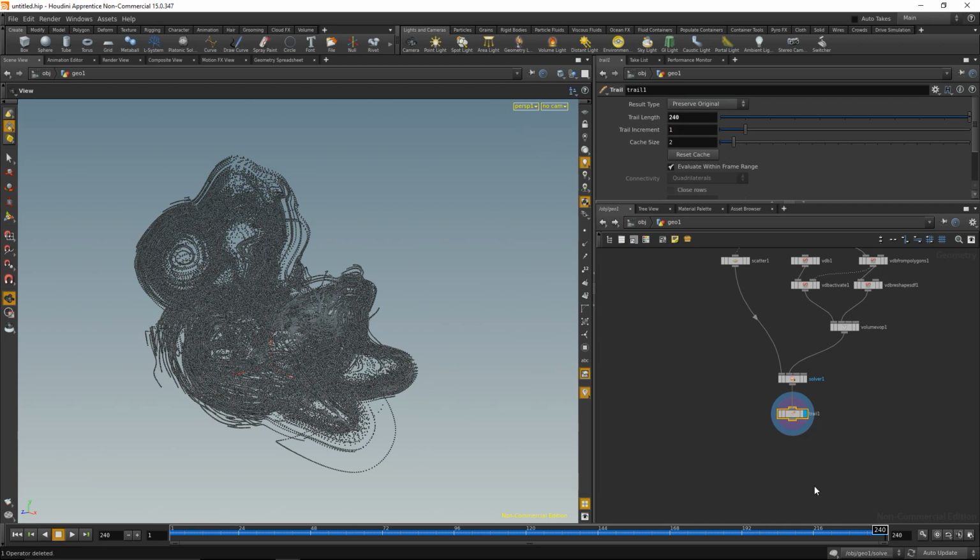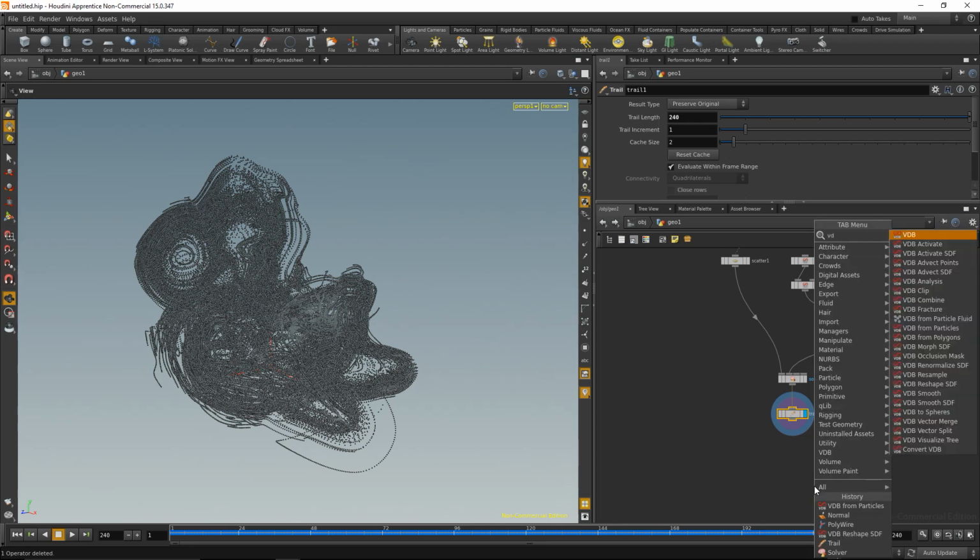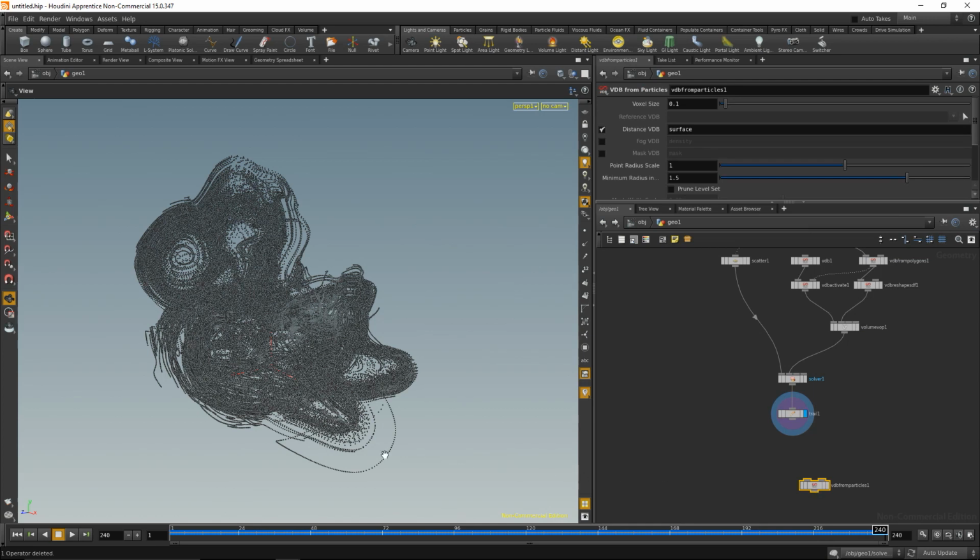So the thing I'd like to do is convert those points into a volume. And one way I can do that is with the VDB from Particle SOP. And what that does is it assumes that each of those points will yield a spherical area in a VDB. And its size is defined by a point attribute called pscale. And if the SOP does not find that attribute, it just assumes an even point size, so an even particle size. So let's wire this up, highlight it, and this will, I think, give us a really big and bloaty